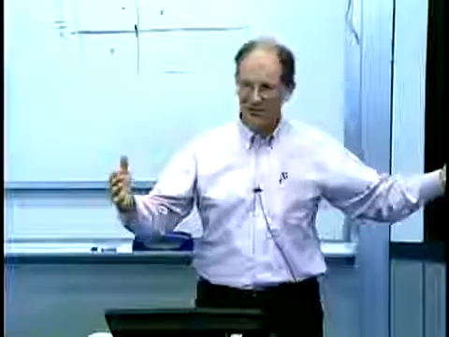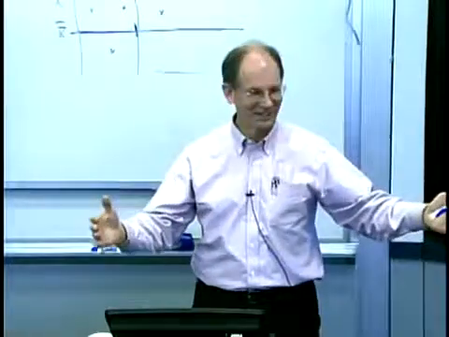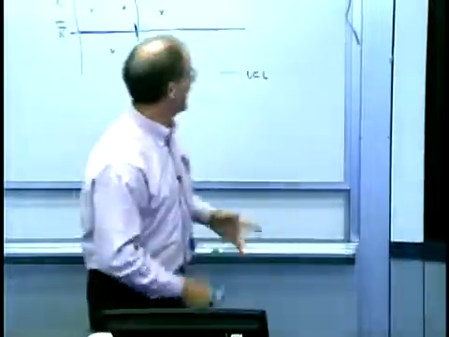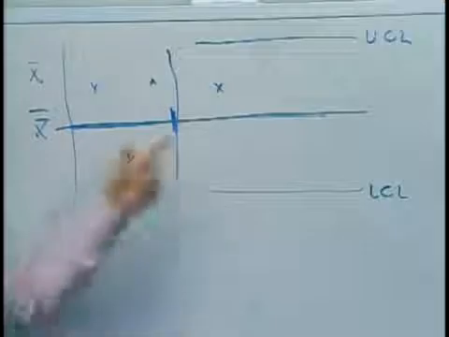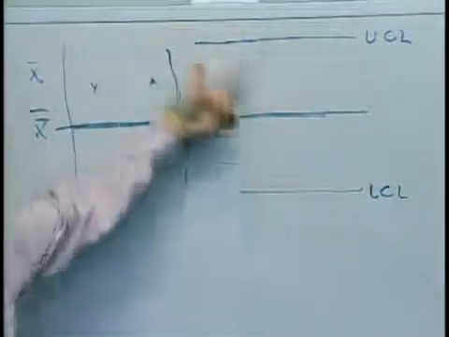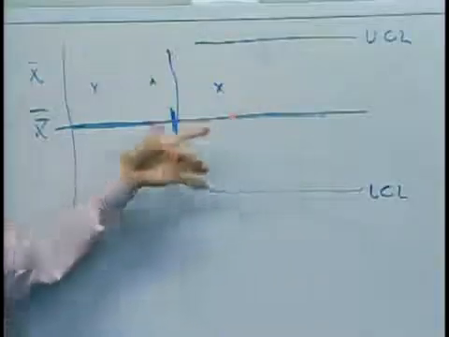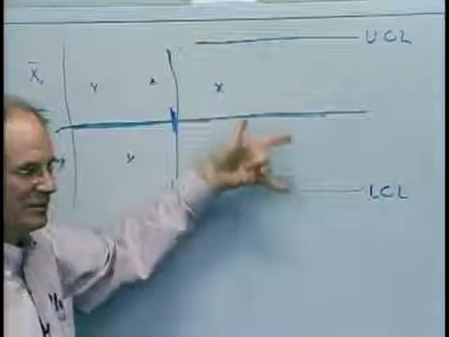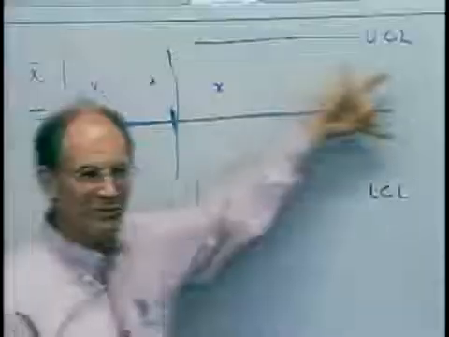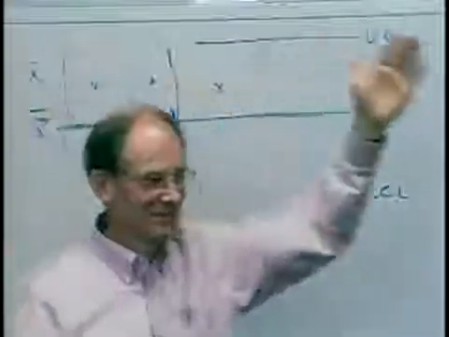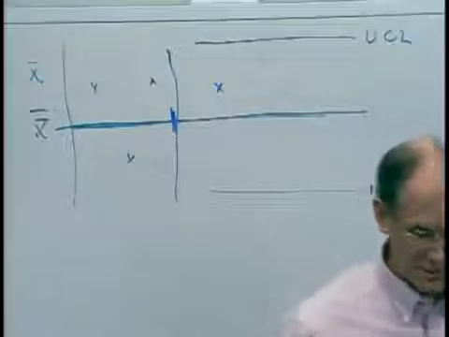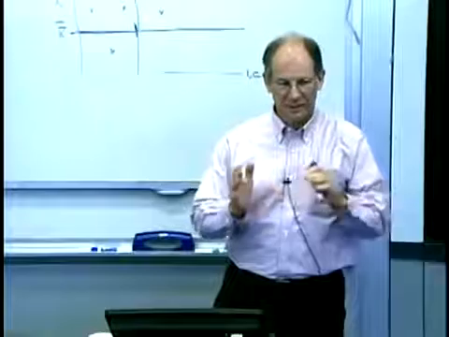What do you do if the process is horribly out of control, and back here it's all over the place, and you just say, oh well, there's the mean value and the standard deviation? You can see that these will be totally bogus limits. And if it's out of control back here and you put those limits on here, guess what? It'll appear to be in control here too. It'll stay within these limits. So it's a bit of a catch-22.